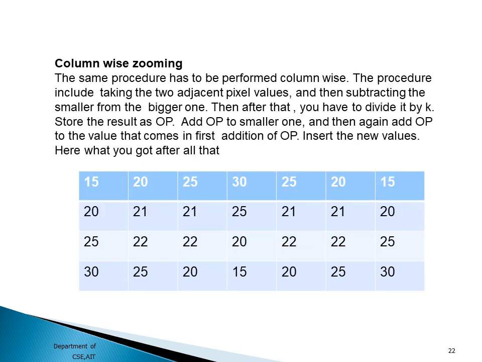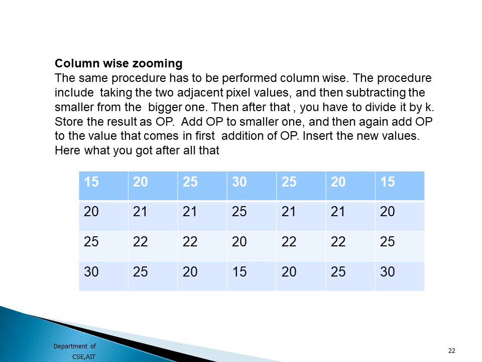In the column wise zooming also, the same procedure is applied, and I am going to consider the two adjacent pixel values and the same OP is used. For example, you can look at this case over here. In the first column, I have the first value as 15 and the last value as 30. So the difference between 30 and 15 is equal to 15. So this 15 is divided by k, which is equal to 3. I am going to get OP is equal to